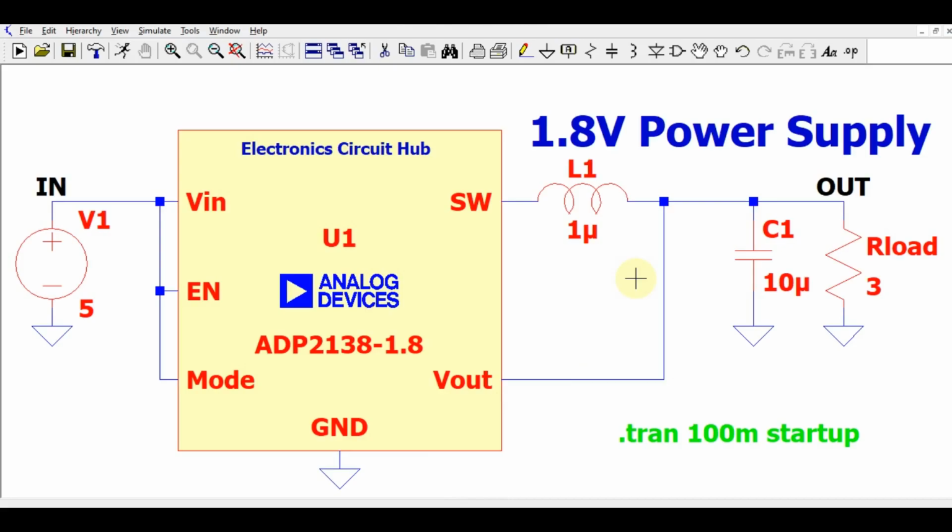So today we are going to understand the 1.8 volt power supply design by using LTSpice, and we will understand how we will generate 1.8 volt by using the ADP2138 IC. We will also see the data sheet of ADP2138. We will run the simulation and we will see the voltage at the switch node, the output voltage and the output